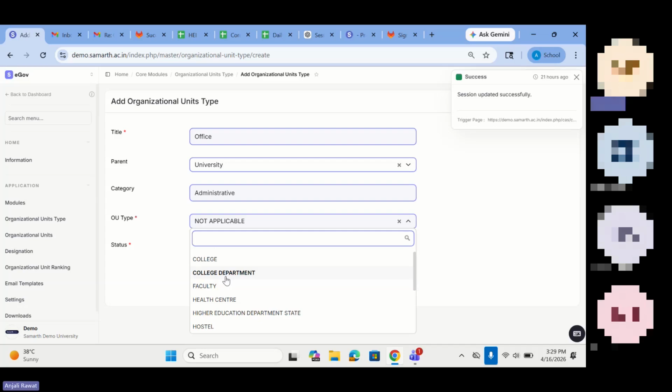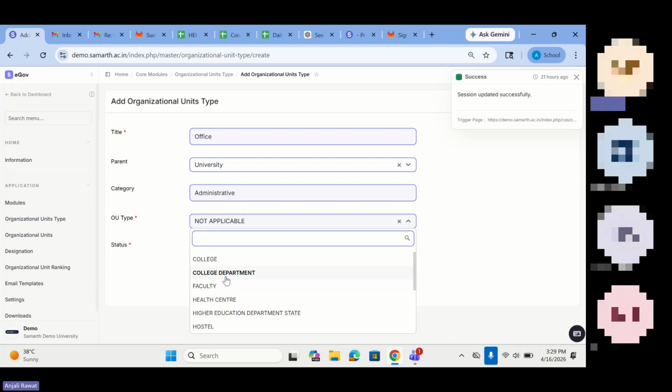This is your pending status. The three steps mean you need to add the organization unit. You have added the offices, you have added the cells, but currently there is no type of cells you have. Maybe in future, cells will be added in your institution.